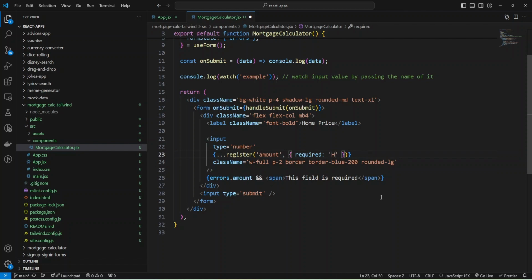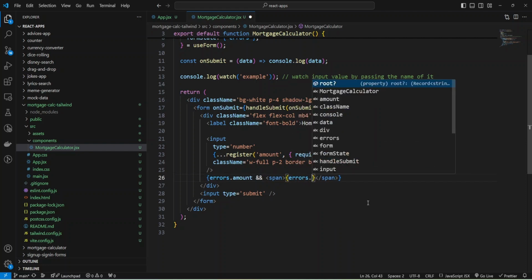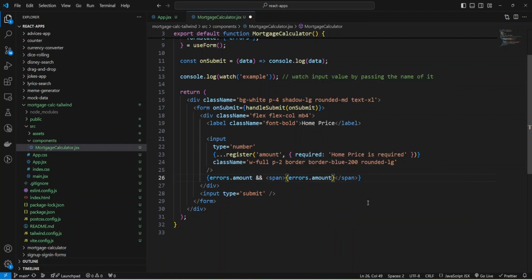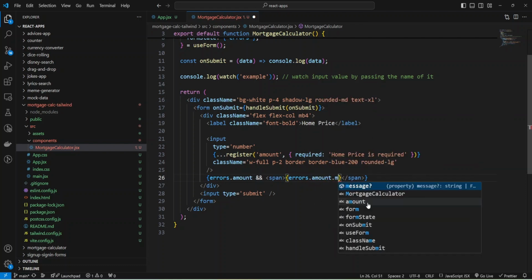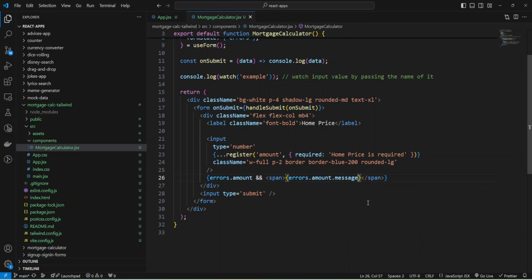I'll provide home price is required. Okay, and instead of this message, I'll provide my message that I've just added, and I'll use errors amount, and we'll have message inside it.